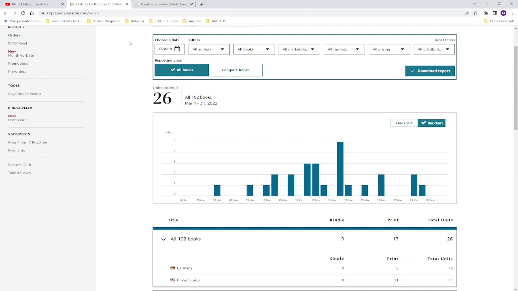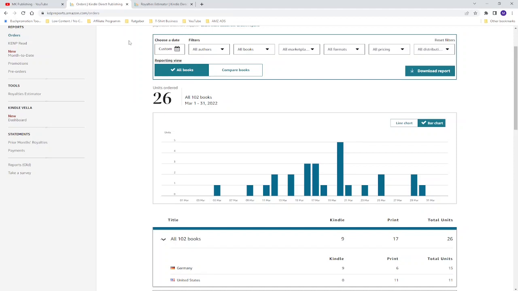As you can see, in the month of March, we sold 26 units on 2 marketplaces: my non-fiction book on the German marketplace and my low and no content books on the United States Amazon.com marketplace. I published a decent amount of low and no content books in February, and I was very happy and pleased to see that the books were selling on the United States marketplace and that I managed to make a